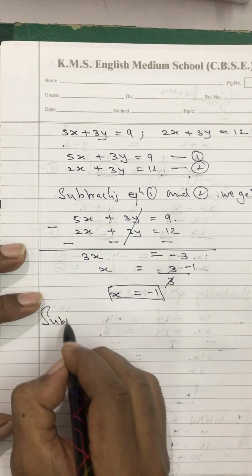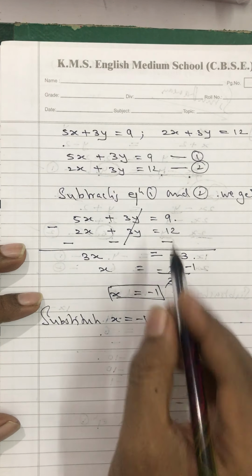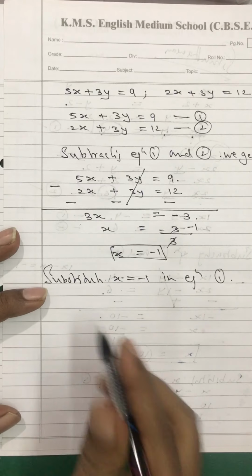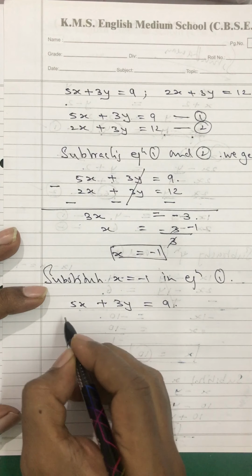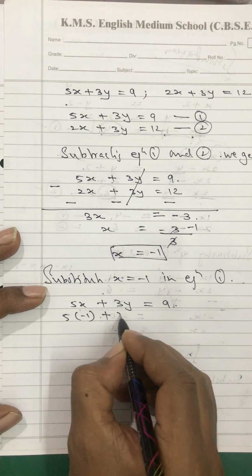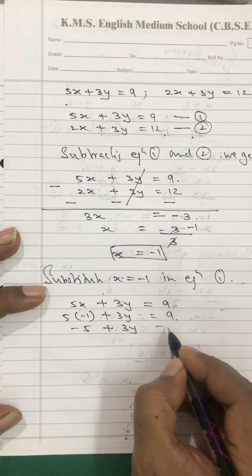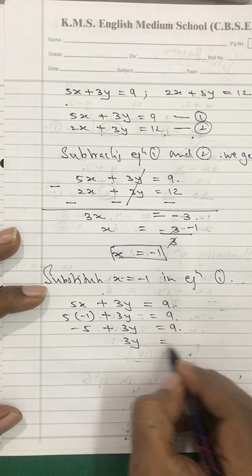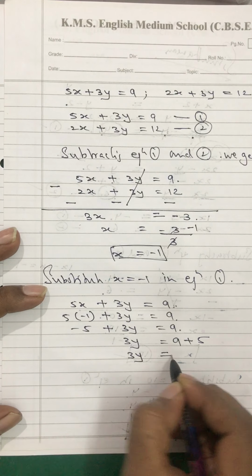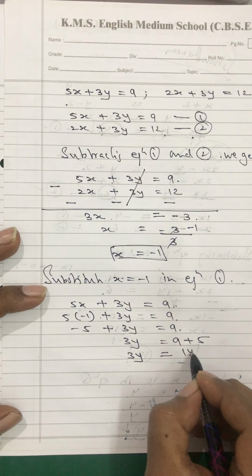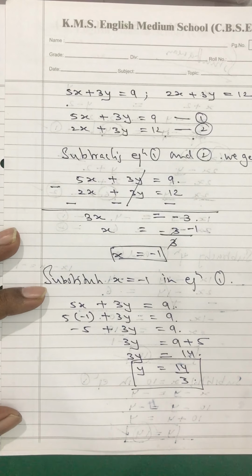Now substituting x is equal to minus 1 in any equation that you are comfortable with. 5x plus 3y is equal to 9, so you get 5 into minus 1 plus 3y is equal to 9. This will give you minus 5 plus 3y is equal to 9, so you will get 3y is equal to 9, minus 5 shifts over here, it becomes plus 5. 3y is equal to 14, and you will get y is equal to 14 upon 3. Now this looks very